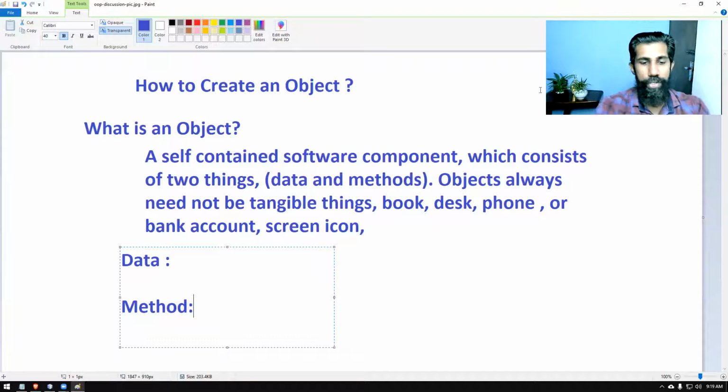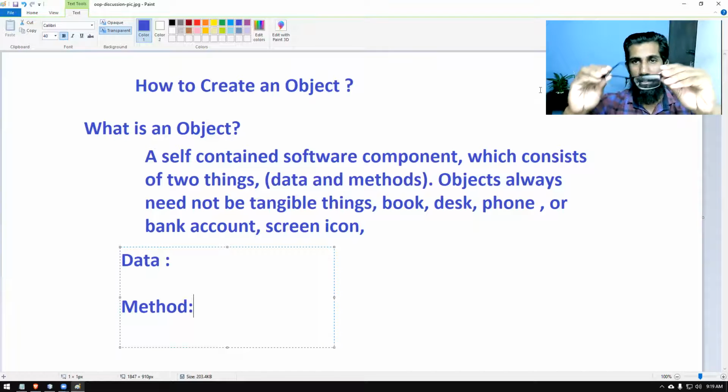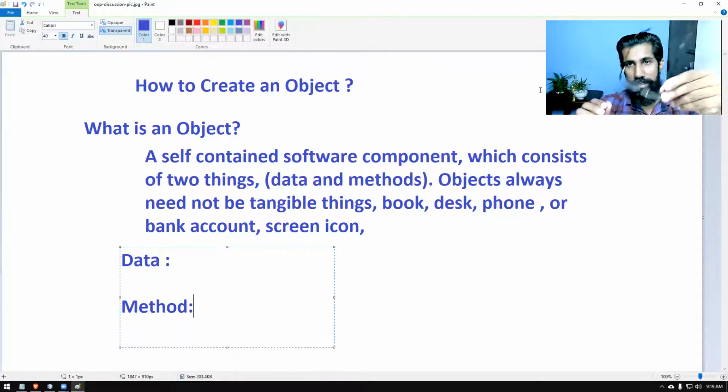If we take another object, let me take something I have with me, these spectacles. The data says what type of lens this is, since people have short sight and long sight, and what type of glasses these are, whether made of real glass or plastic.